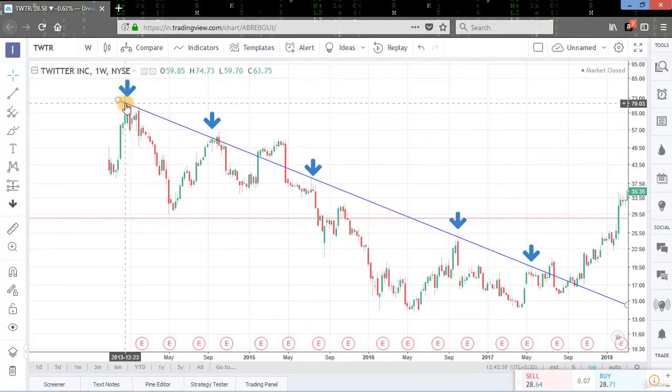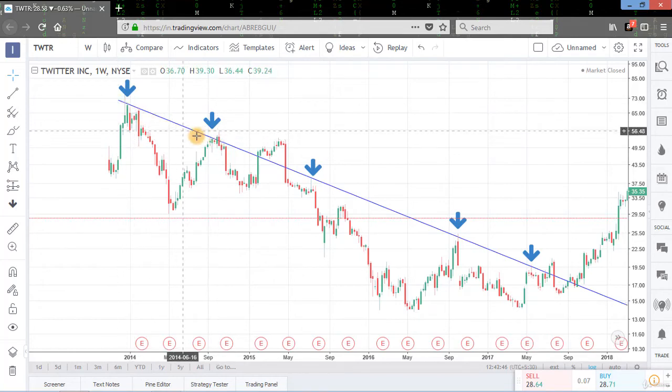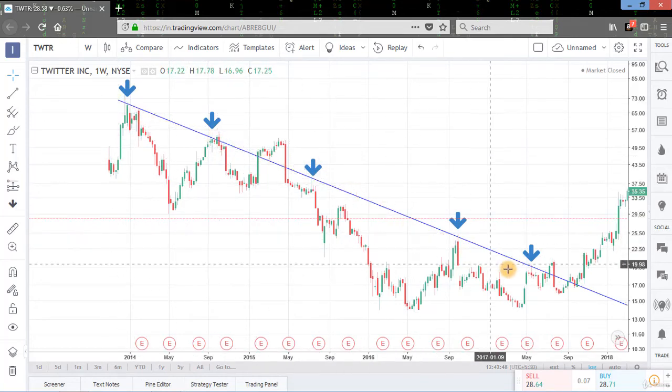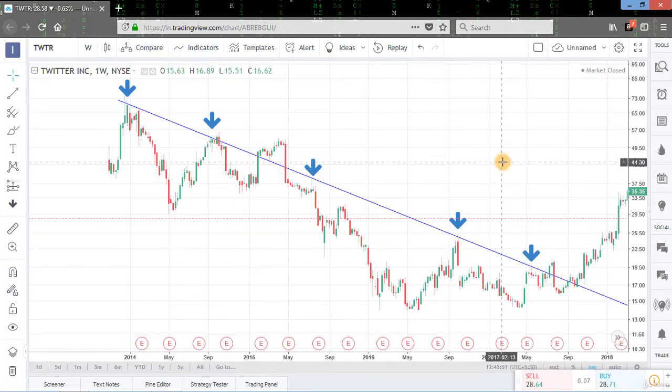So this was our first point, then we get this point. This was our second point because this is the spike, so we will ignore this spike. By joining these 2 points, we are getting a very clear trend line, you can see, and this is also a log scale trend line. So we are getting a smooth trend line for this stock.